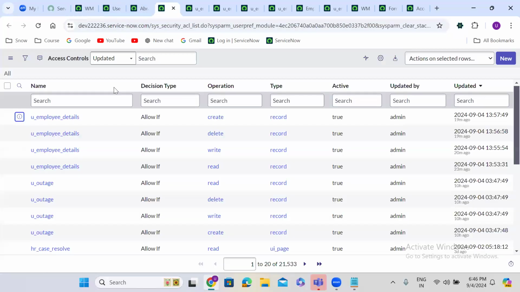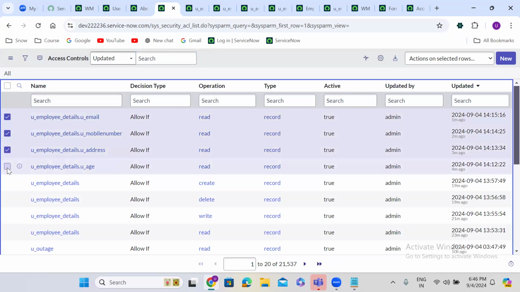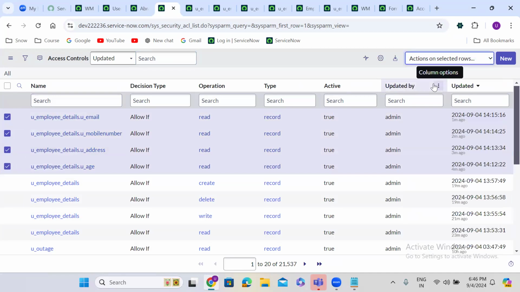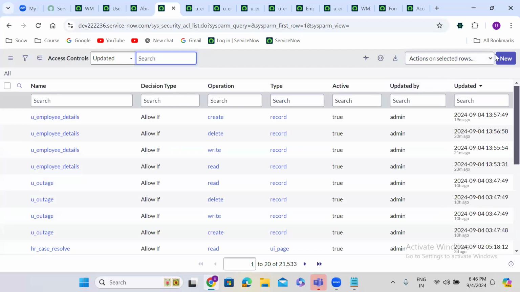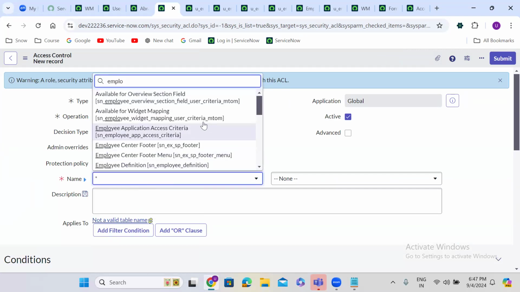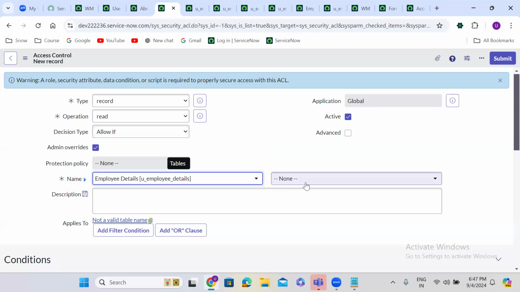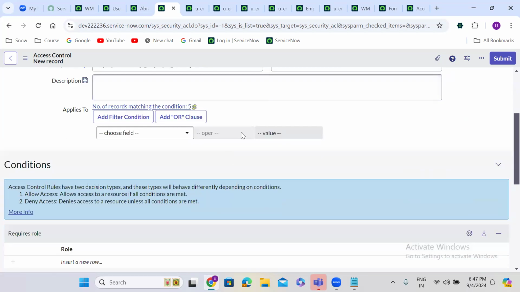I'm going to delete all these access controls, whatever access controls we created on the fields. I'm going to delete these 4 access controls. So what I'm doing is I am going to restrict every field permission. Employee details, every field. Star means every field, guys. So every field permission I am restricting it to